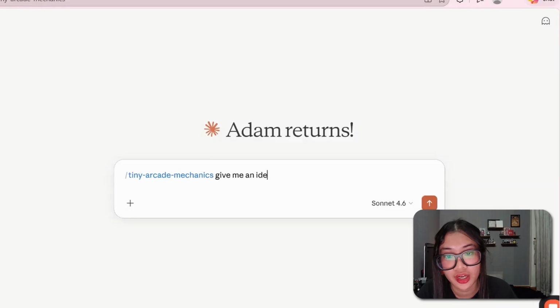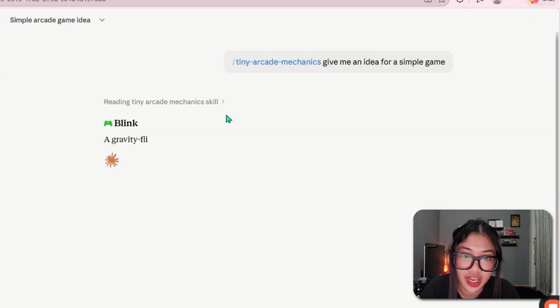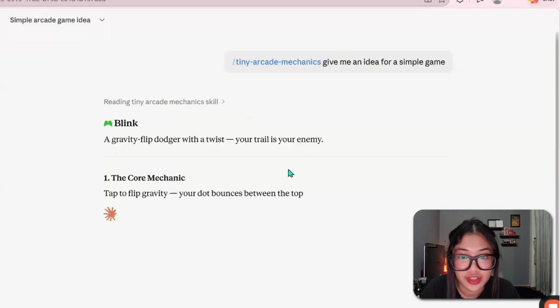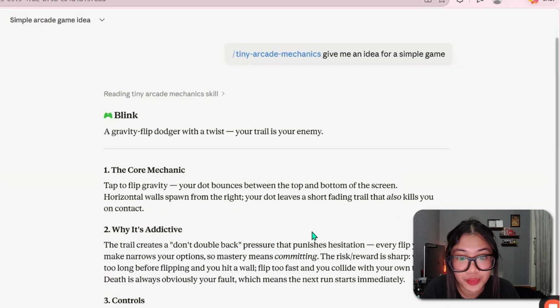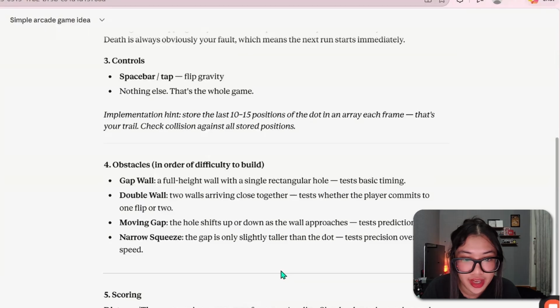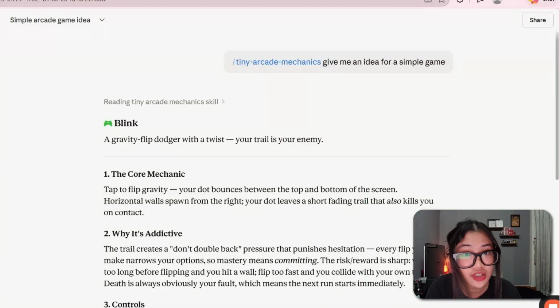Give me an idea for a simple game. So now you can see Claude is actually reading the tiny arcade mechanic skill, and now it's giving us a game that's very simple, and I don't need to do the whole prompt again. This is what we want when we do something repeatable, you know what I'm saying? So that's all we need to know for the skill part, and the next thing we're going to try out